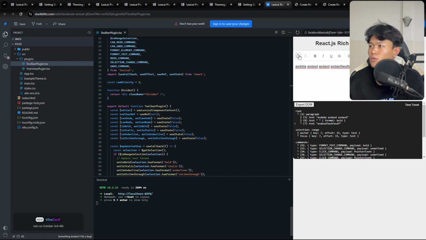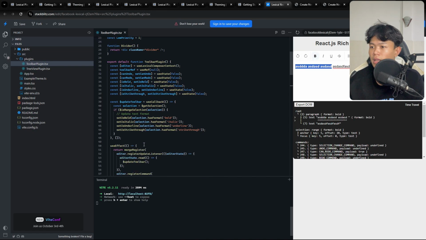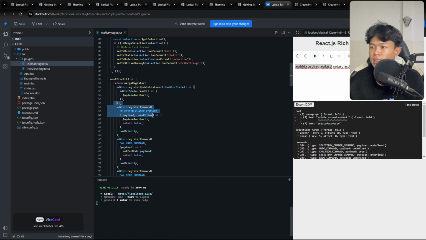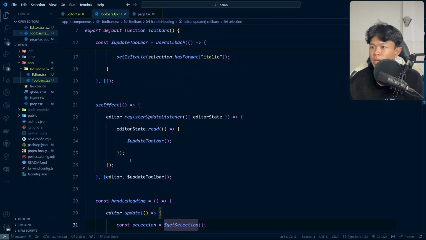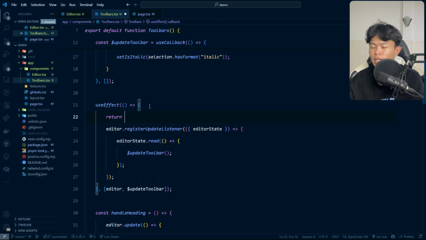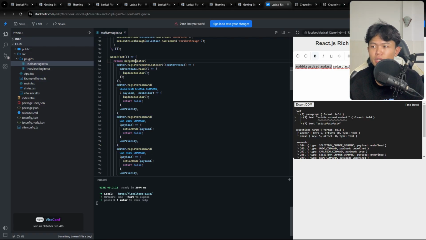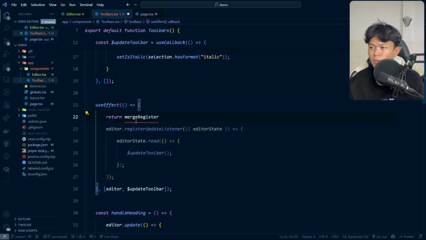Maybe I think the undo command and the redo command also exist inside here as well. So basically you can just copy and paste this one. So the can-undo command, this is the one, the register. So maybe we need to return. We're going to merge register together. So we're going to do that. So merge this one,